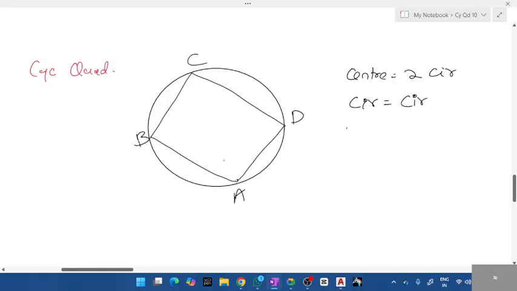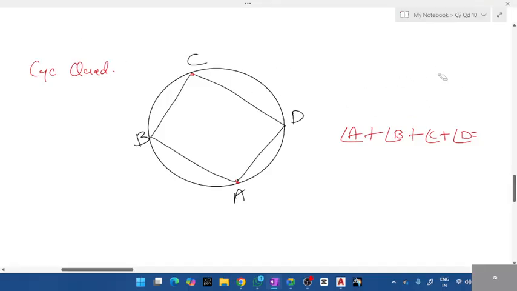If it is a cyclic quadrilateral, what are the two theorems we have in a cyclic quadrilateral? Joanna, Naomi, can you unmute and answer? If it is a cyclic quadrilateral, all four angles, actually quadrilateral, 360 degrees. This is the first point you'll have to remember. The sum of all four angles is 360. Then what's the next point? Opposite angles. The sum of opposite angles should be equal to,